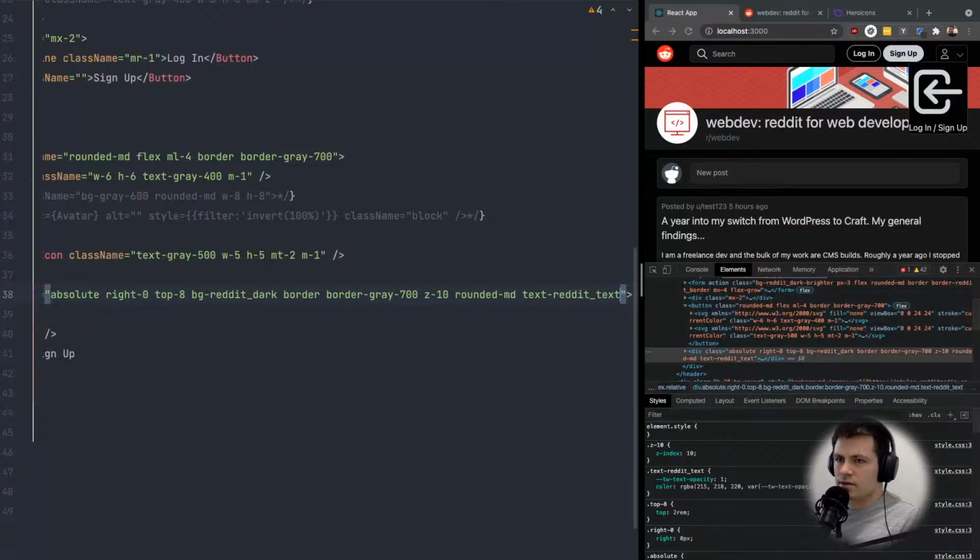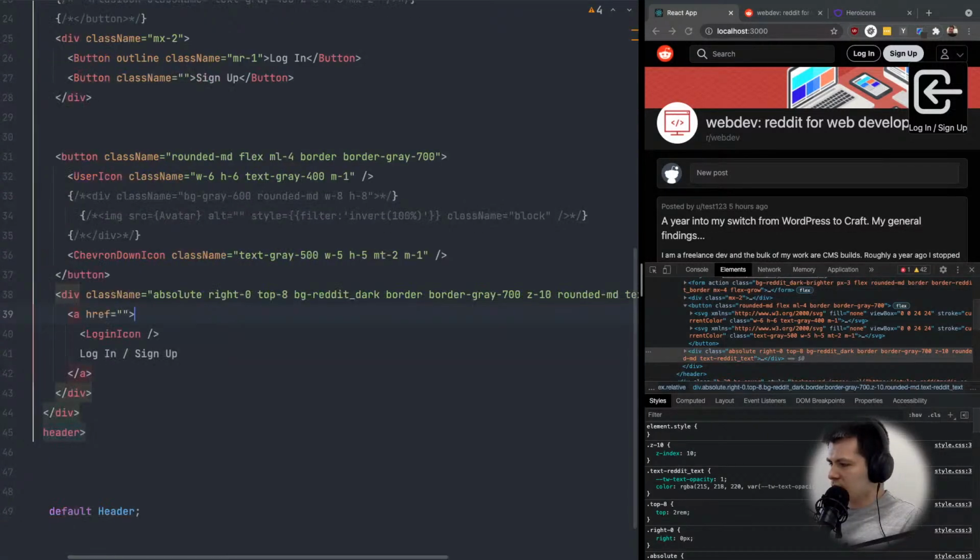This color, yes, almost there. Now let's add class names to our link and the icon. So the link should be a block,